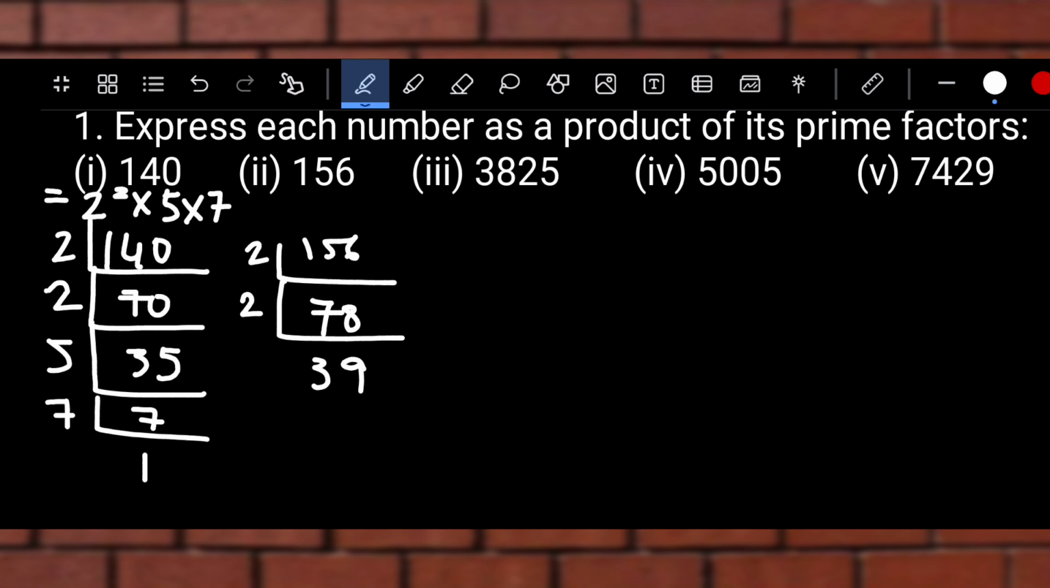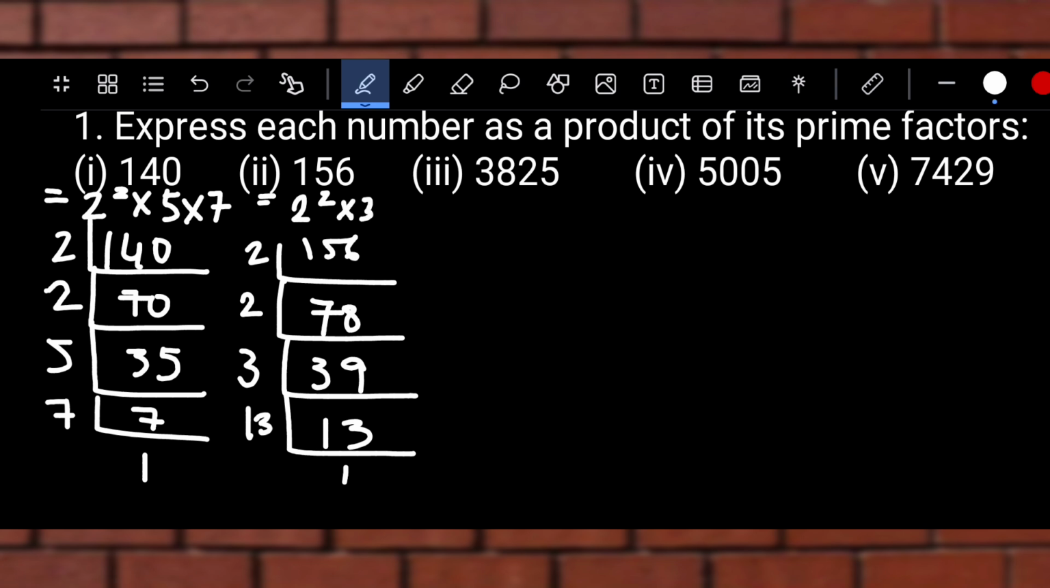When we add the digits of the number, 3 plus 9, we get 12. 12 is divisible by 3. So we'll divide it by 3. 1, 3, 13. 13 is a prime number. Okay. So we'll write 156 is equal to 2 square into 3 into 13. Okay, fine. Next number,